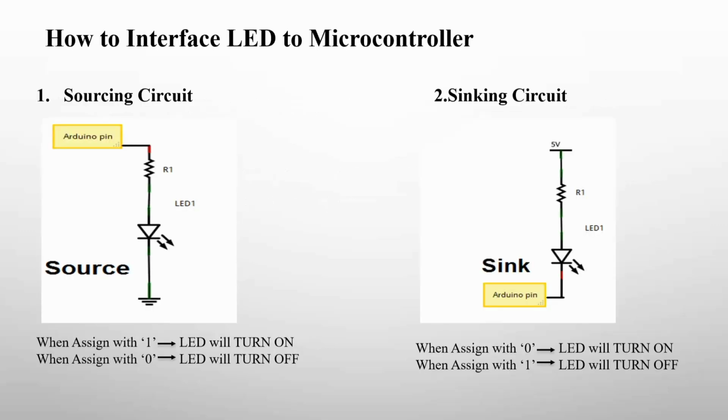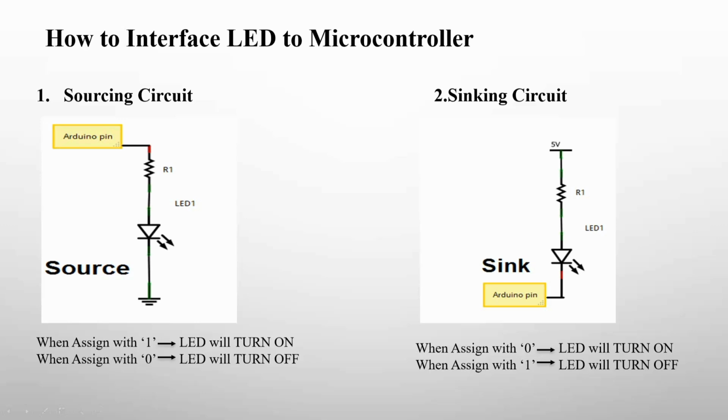And to interface LEDs with microcontrollers, we are having two types: sourcing circuit and sinking circuit. In a sourcing circuit, the microcontroller provides a positive voltage to the LED's anode and the cathode is connected to ground. When the microcontroller outputs a logic high, it supplies current to the LED causing it to light up. When microcontroller output is logic 0, it supplies current to the ground causing it to